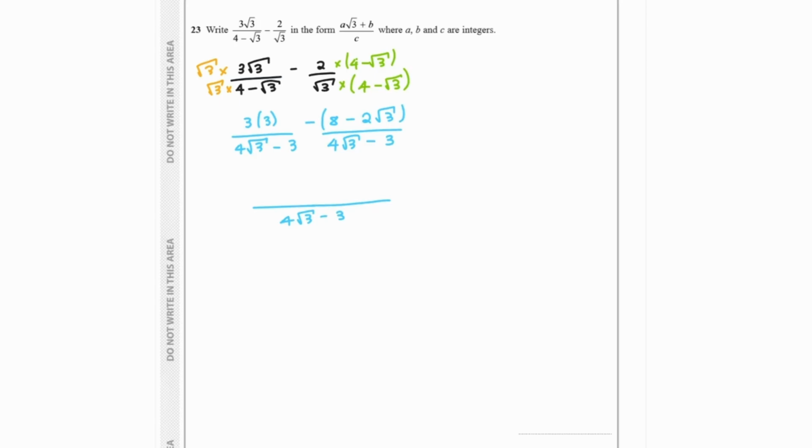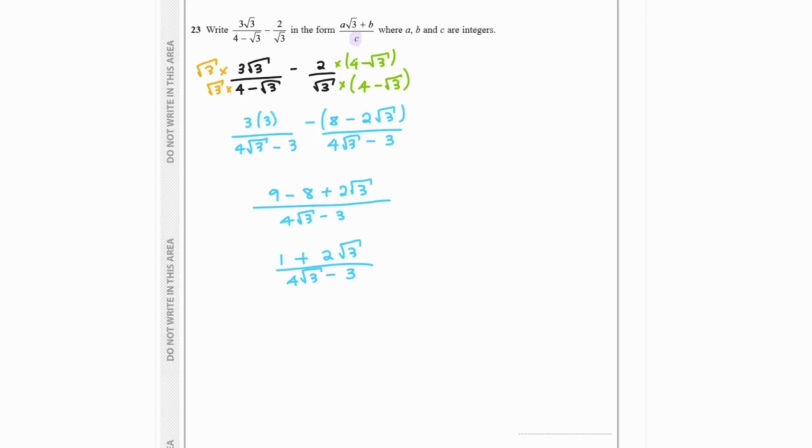So in the first numerator, we have 3 times 3, which gives us 9. We then have the minus 8, and then we have minus 2 root 3, which would now become plus 2 root 3. If we simplify the 9 minus 8, we would now have 1 plus 2 root 3 over 4 root 3 minus 3. The question says that our answer is needed in the form a root 3 plus b